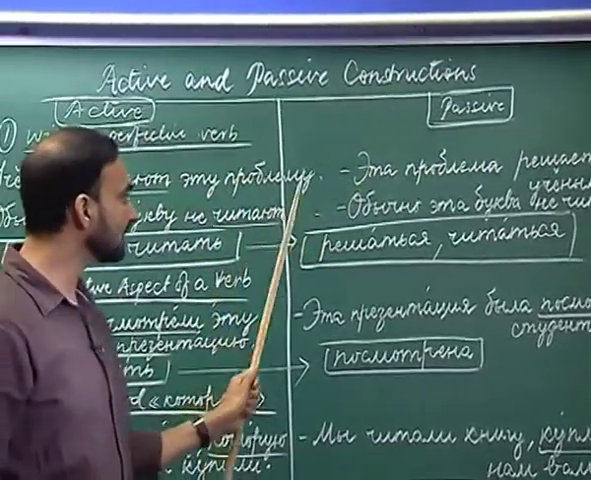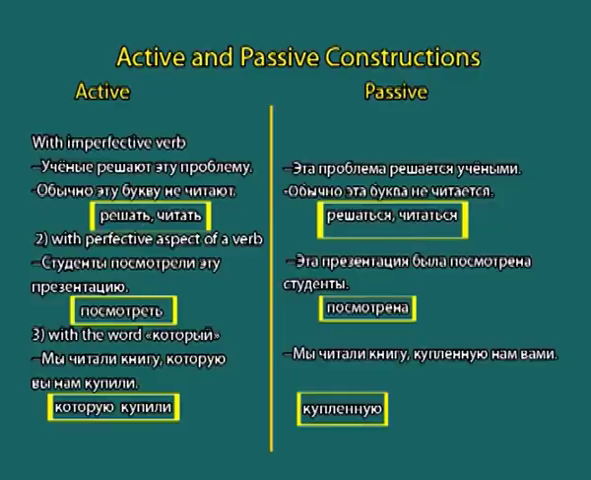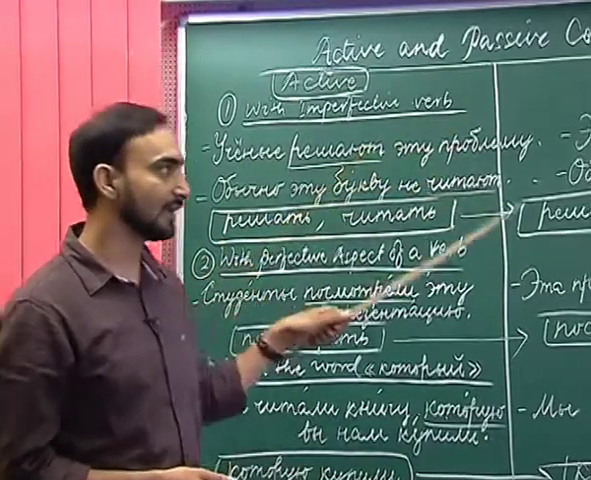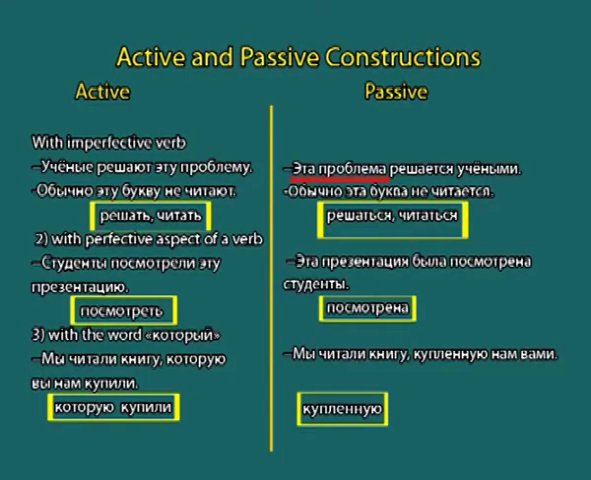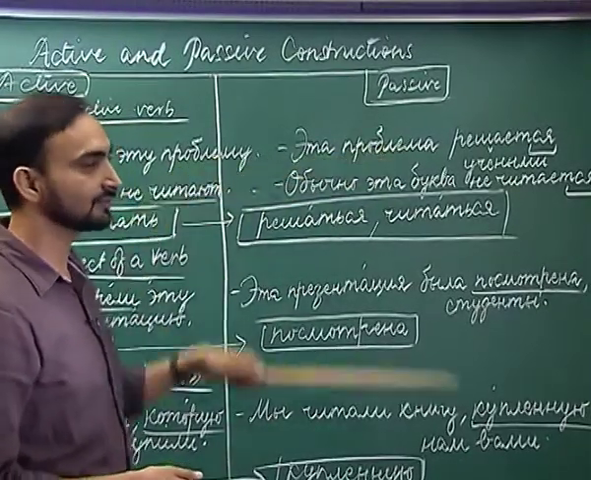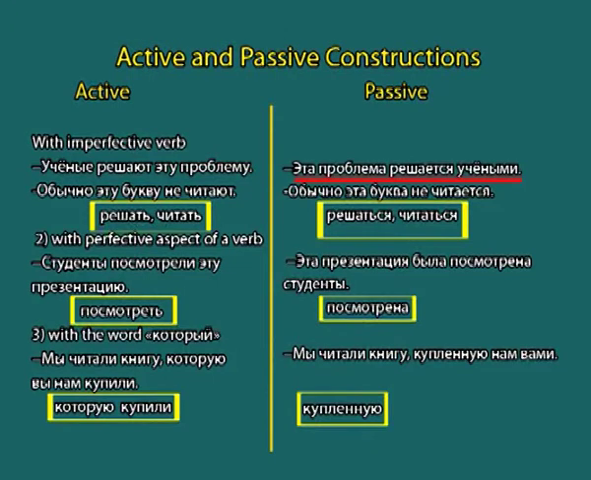We bring the object first. So, here in the active construction, what is the object? Object is etu problemu. So, we will bring it in the beginning. Eta problema. So, now this will be the subject, or this will function as the subject. Eta problema rishayatsa